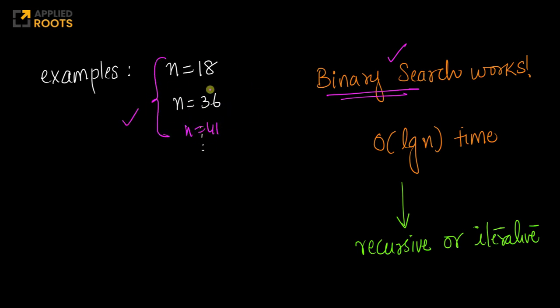Just play around with it to get the logic and the boundary cases correct. We know binary search has a time complexity of order of log n, and we can implement it either recursively or iteratively. Obviously, iteration is better because it doesn't have the runtime stack. Simple logic, so we'll try to implement it iteratively, carefully. There may be some mistakes, but we'll try to debug them using simple test cases.